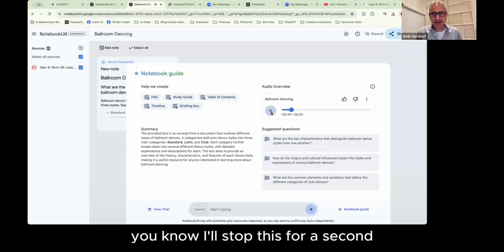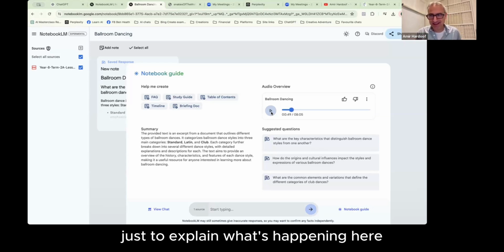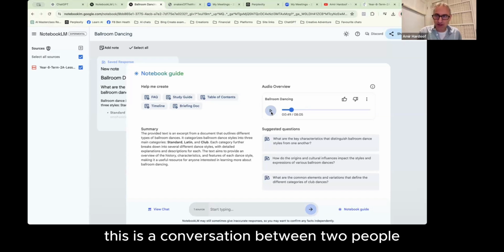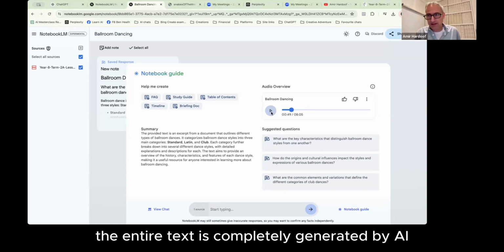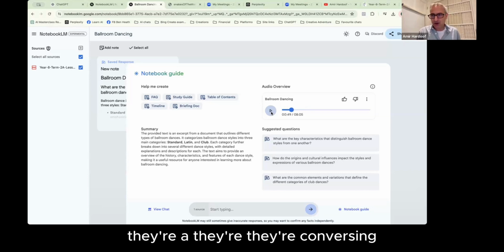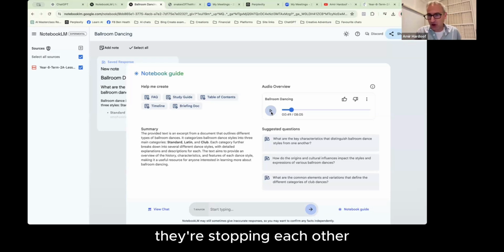I'll stop this for a second just to explain what's happening here. This is a conversation between two people, a man and a woman. The entire text is completely generated by AI. They are conversing. They are stopping each other. They are listening to each other.